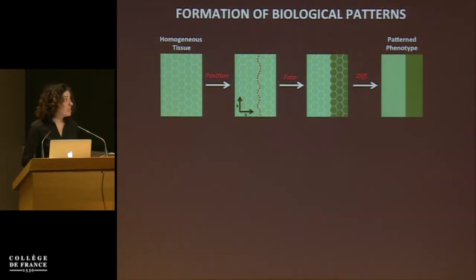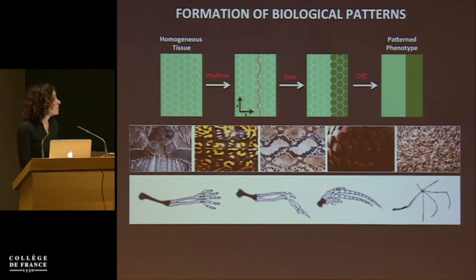And these patterns form through a series of highly orchestrated steps during embryonic development. First, we start with a homogeneous tissue, and this tissue is going to acquire positional information. This will give rise to coordinates, according to which cells will adopt specific fates and differentiate to create a pattern phenotype. So what is stunning is that there is a huge diversity in these pattern phenotypes in nature, such as,